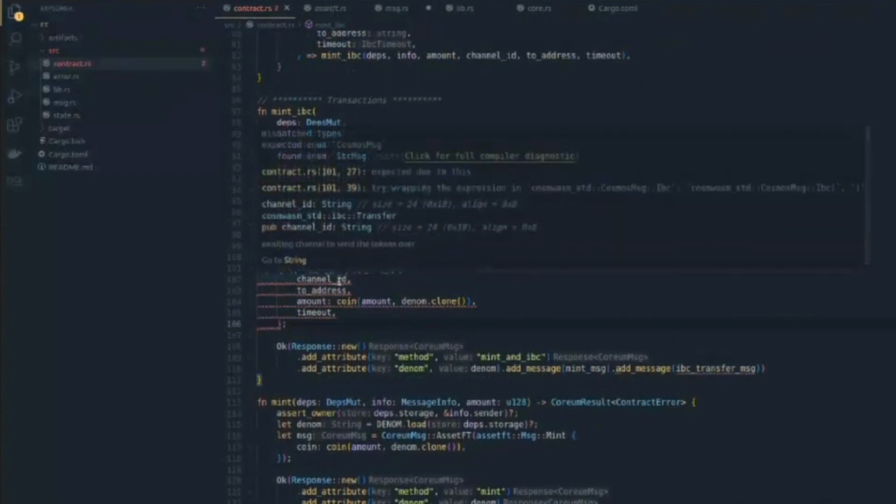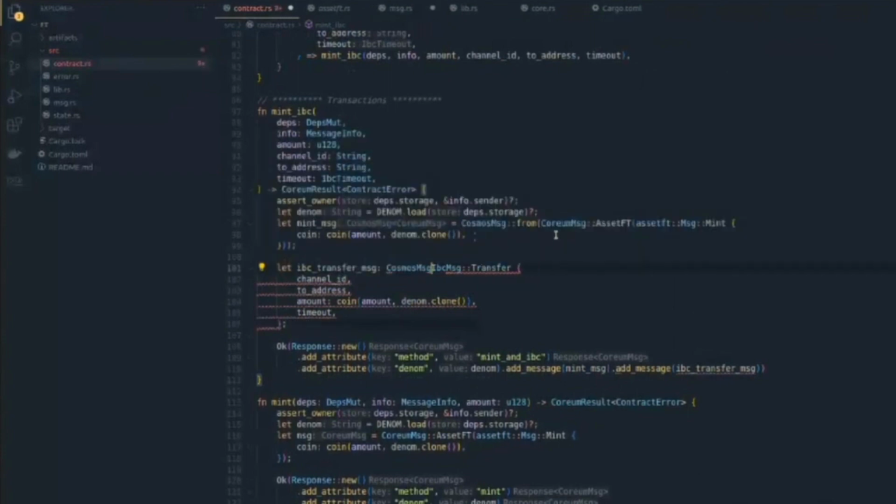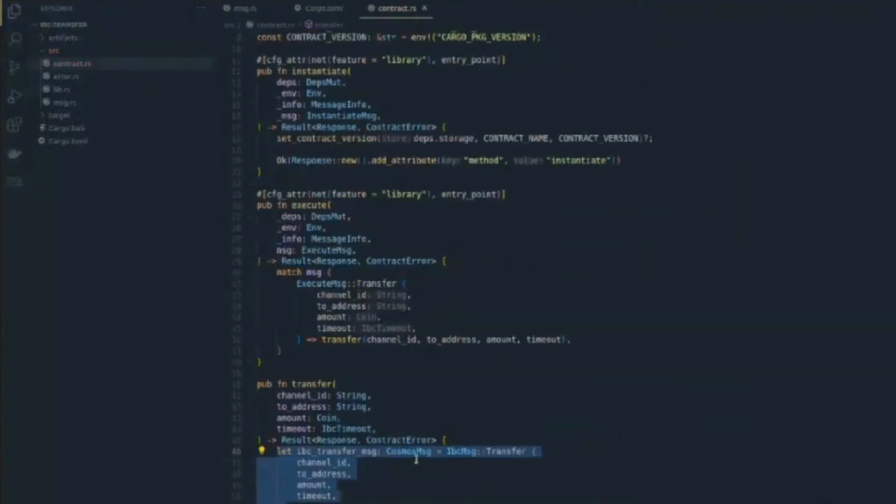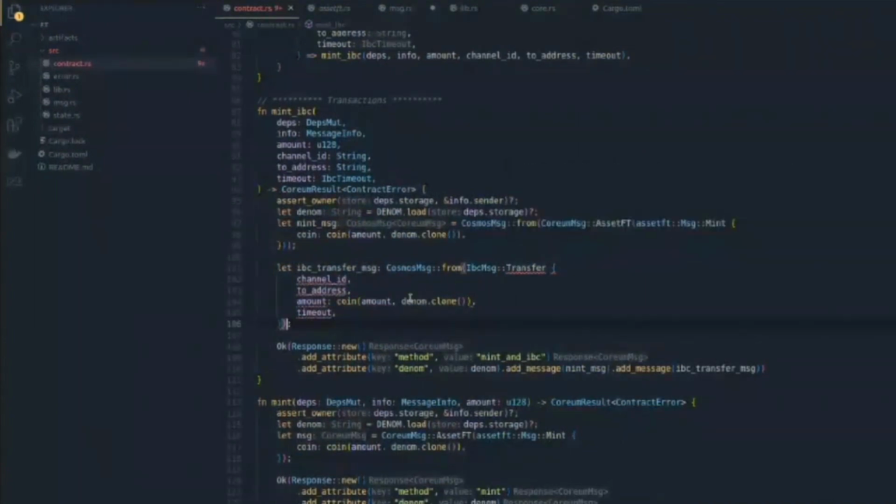Cosmos message, found Cosmos message. From transfer IBC. We can send it to sub message. We have the Cosmos message here, message, response. Okay, let me fix this, one second. Because if we remove this, actually into